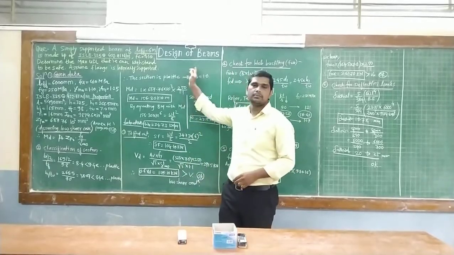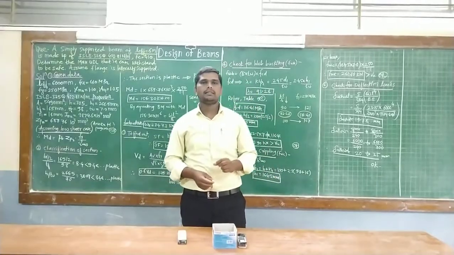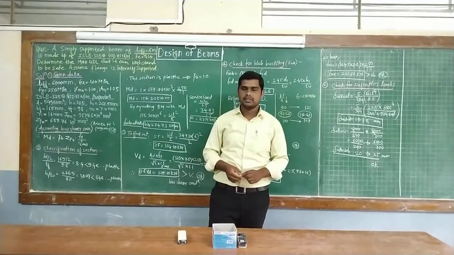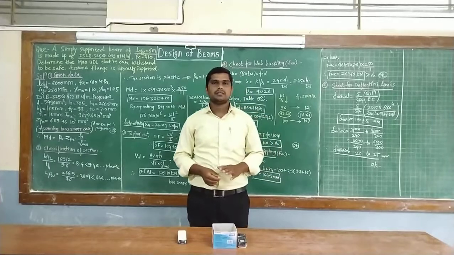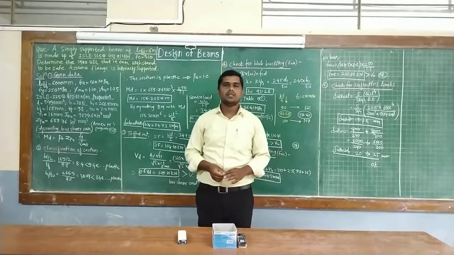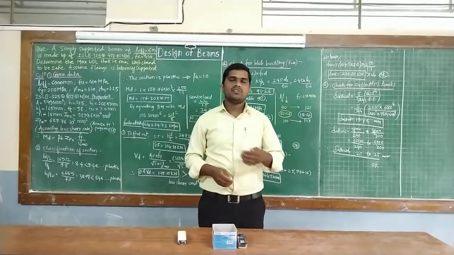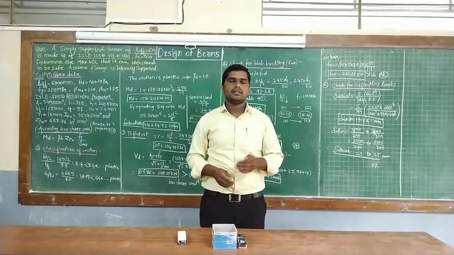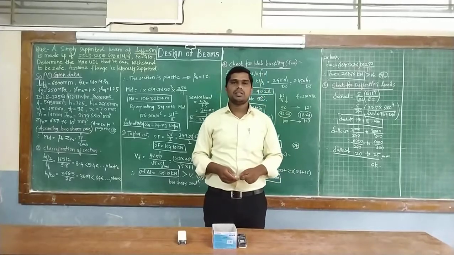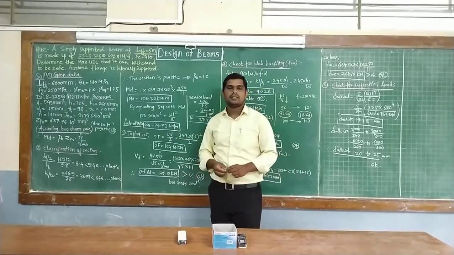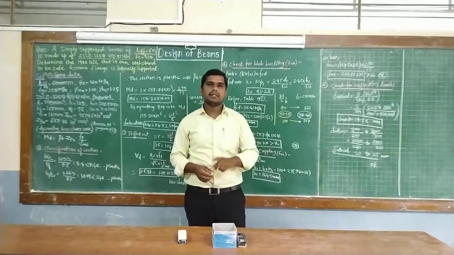Today is video number 4 of A part, that is design of laterally supported beam, and B part is design of laterally unsupported beam. Starting with the design of laterally supported beam: it is about the torsional buckling which may take place on the top flange. If you take the example of a rolled steel section, the top flange may buckle due to bending, and in the design of laterally supported beam we also check for web buckling and web crippling.